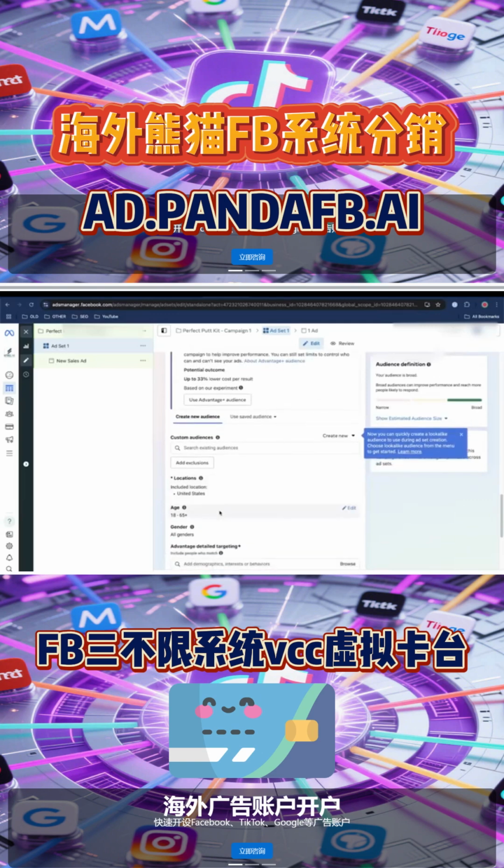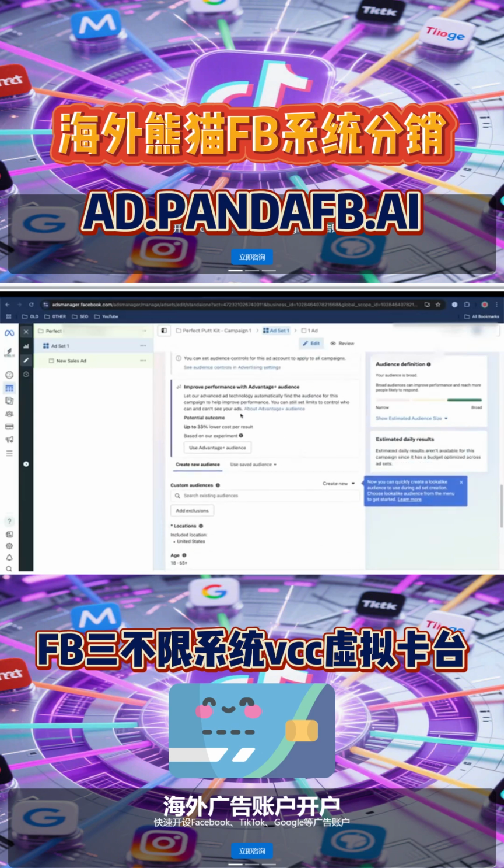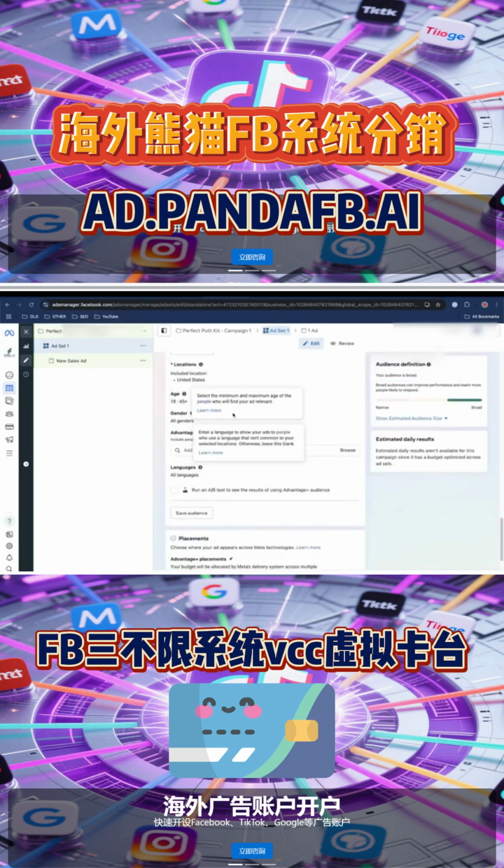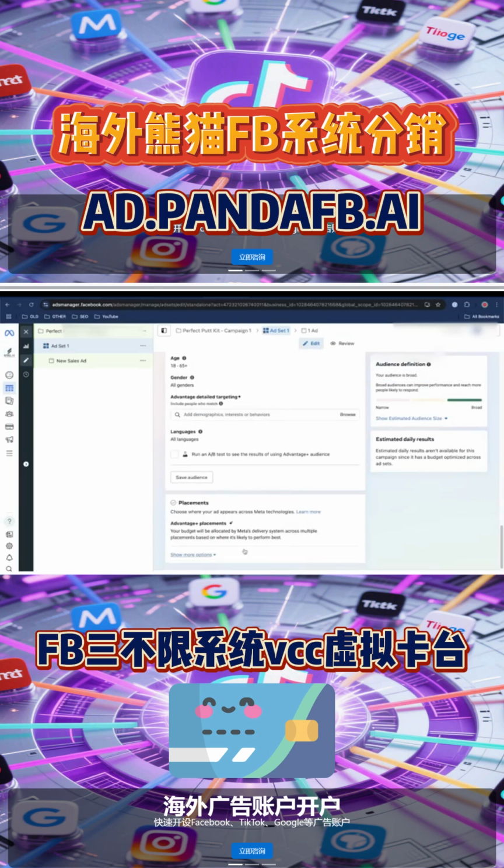If you have audiences that are saved from past campaigns, you could also use those right here. And that's going to be a little bit different than the Advantage Plus audience. I don't think it really matters that much which one you're doing. A lot of beginners might find great success with just Advantage Plus audience, unless you really know who you're going for, in which case you might want to select this. Down here, the placements, I think that looks fine. I can see more options, any other